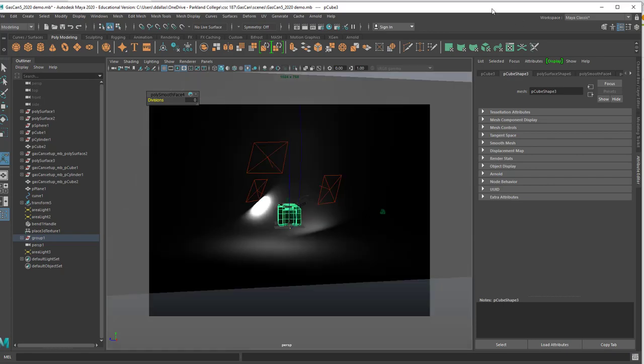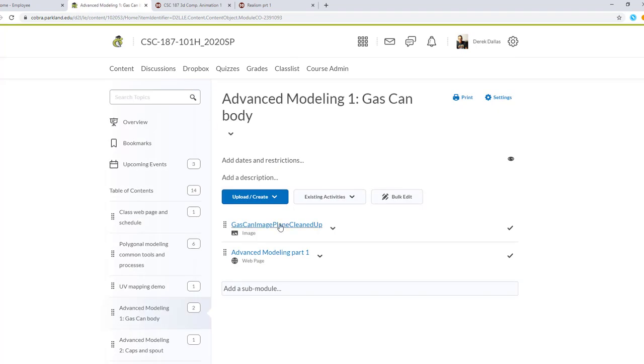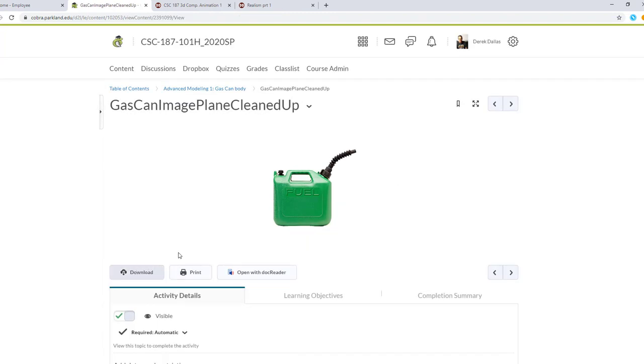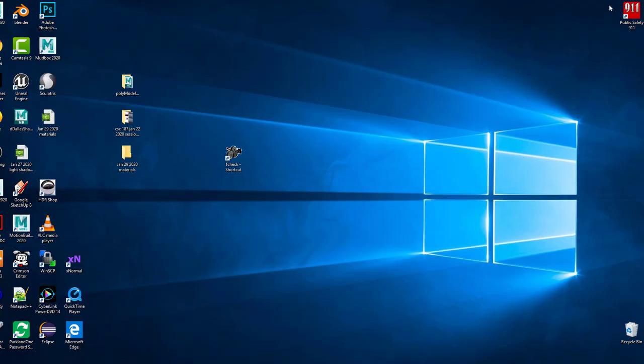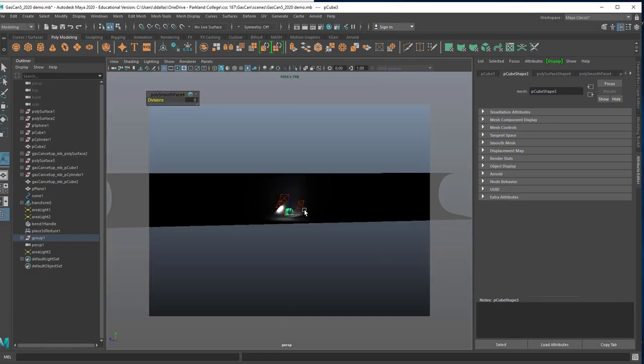So you should have from the web page, under the advanced modeling gas can, an image there called gas can image plane, cleaned up. If you click on that, you can download that image, and then we're putting that in our source images folder, and then we're going to bring that into our scene. And now I'm going to clean up my spot. So get that ready. I'm going to start with a fresh